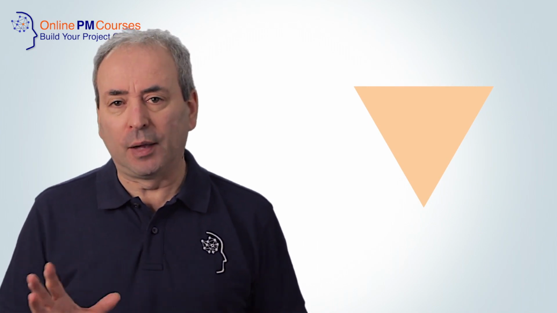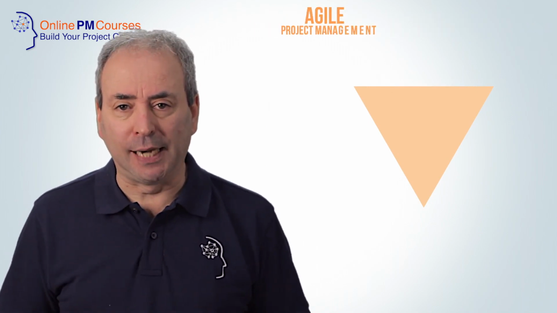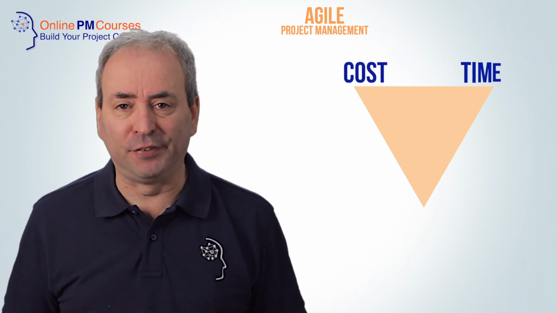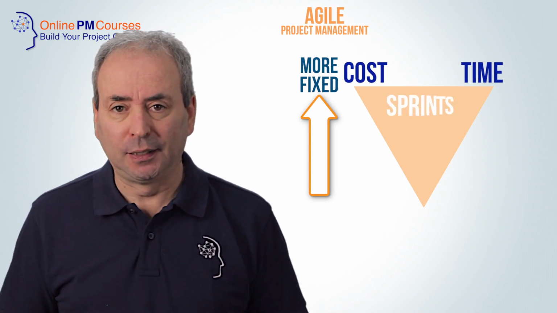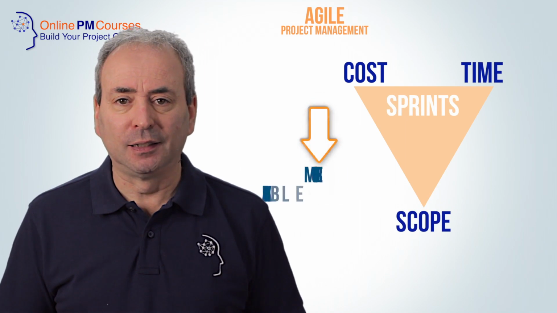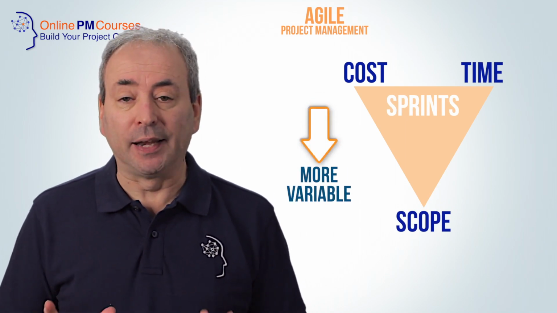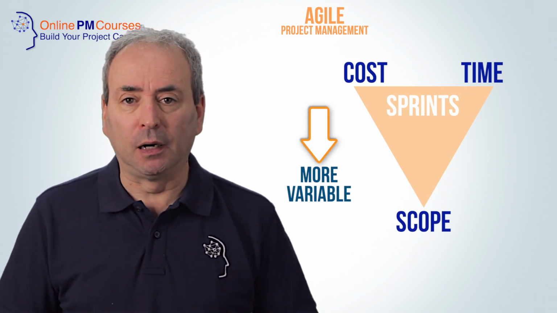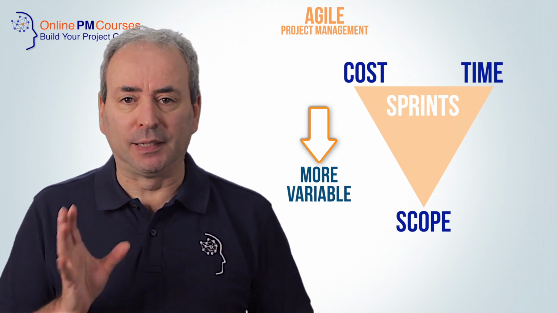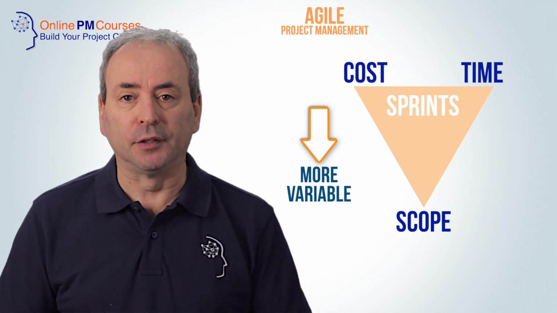And what they will say is that Agile projects turn the iron triangle on its head. What they will say is that in Agile projects, cost and time are fixed into limited time, fixed cost, fixed schedule sprints, and scope therefore varies both within the sprint and in particular, given that you will have a number of sprints but can stop at any time, scope will vary to meet the budget or the schedule of the customer, the client, or the users. That's all very interesting, but it isn't actually what the Agile Triangle is all about.